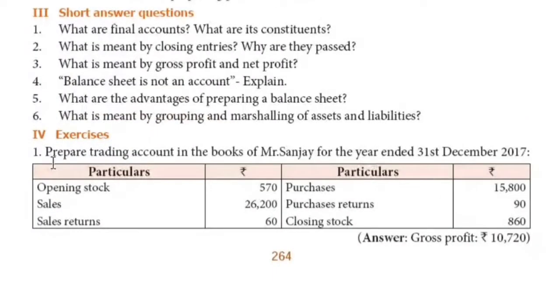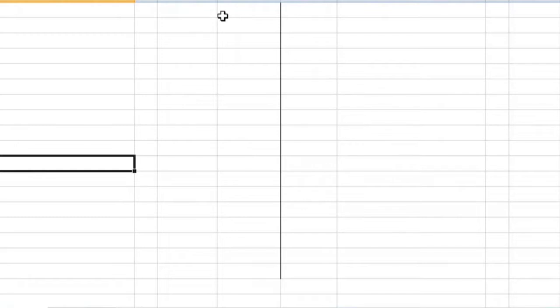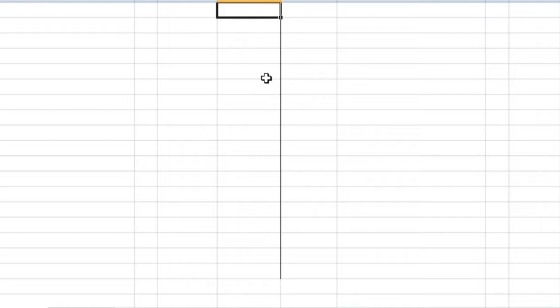Sum in page 264. Okay, so take a double page. For practice, what we are going to do is, straight away first we are going to write off all the 11 items, so that the more you keep on writing those expenses, it stays in your head. Okay, so we are going to write all the 11 items, that is 9 on the debit side, 2 on